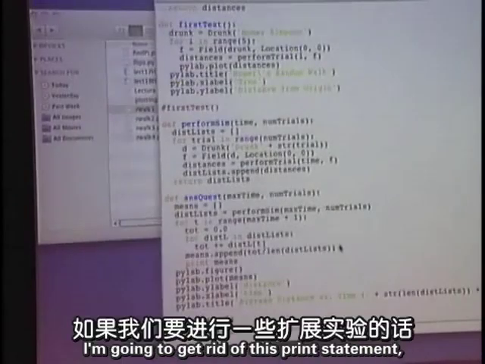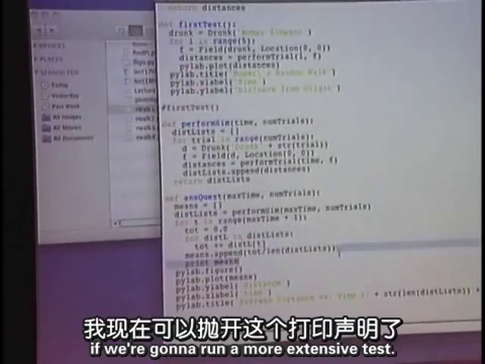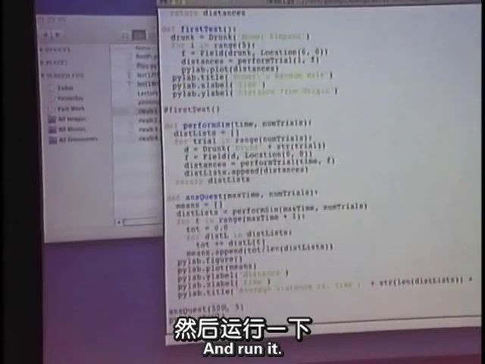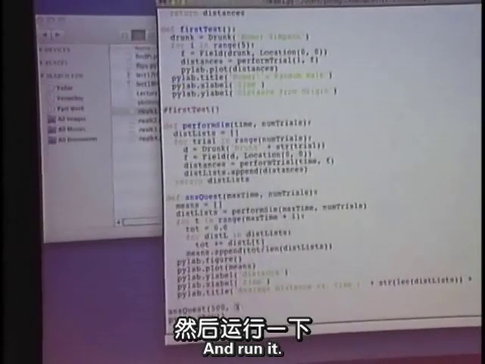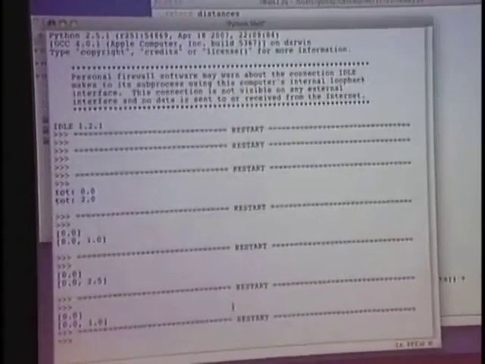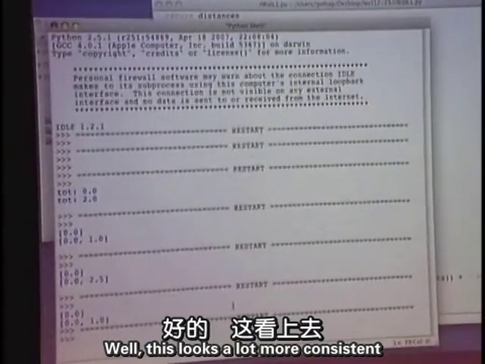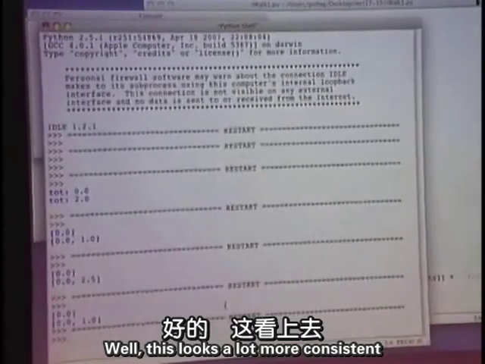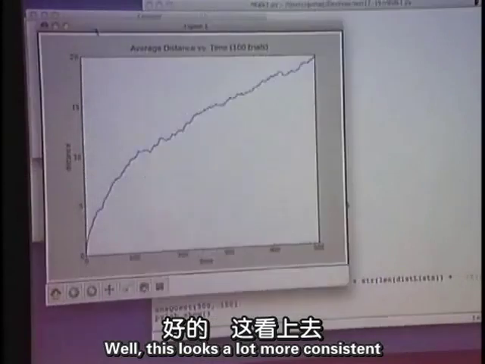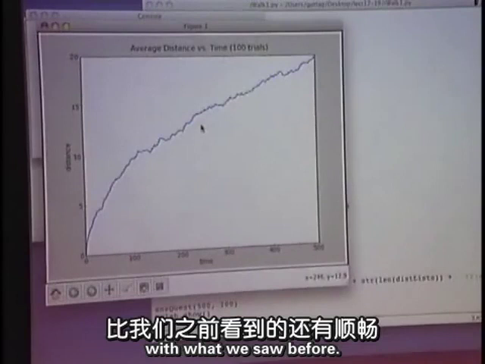We're going to get rid of this print statement if we're going to run a more extensive test. And now we can go back to our original question. And run it. Well, this looks a lot more consistent with what we saw before.